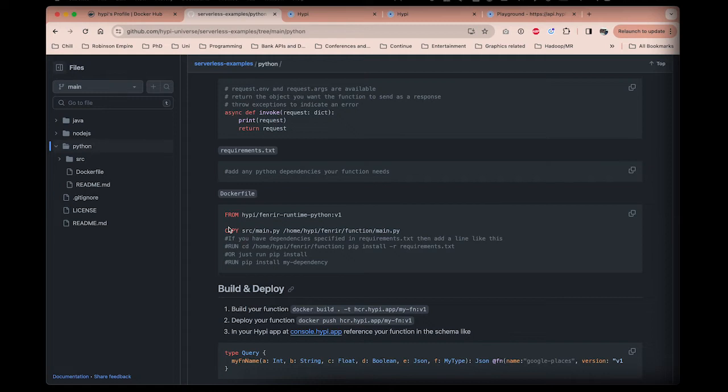For example, here you can run pip install, or if you have them in a requirements.txt file, you can run pip install on the requirements.txt file. Just like the other functions, your Docker file should start with a reference to the runtime, in this case for Python. And then once you've gotten your function written, regardless of which framework you've chosen, you now need to build